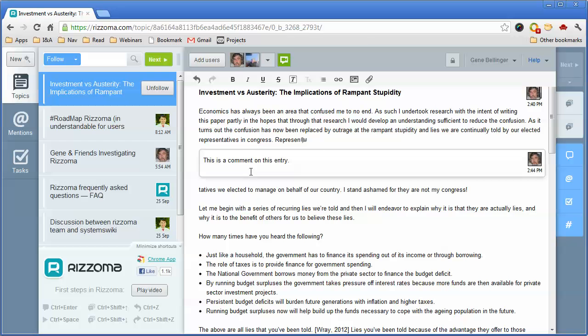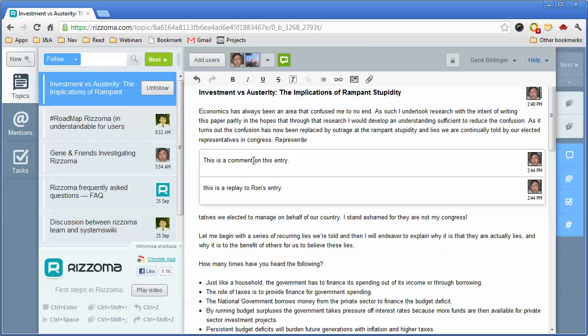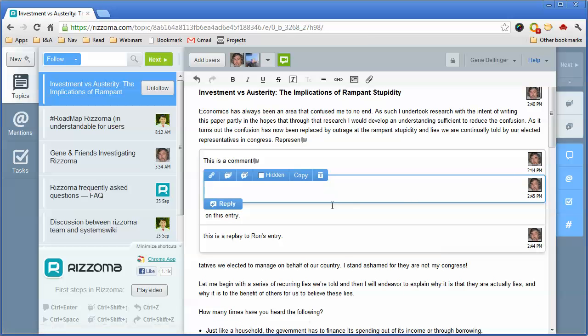if Ron had done this entry, his picture would be over here, and that entry simply stays there. If somebody else comes by and says, I want to make a comment on this, they make a reply to this. This is a reply to Ron's entry. And if somebody says, well, I actually want to make a reply on this, I can structure it so that this is a reply on a reply,